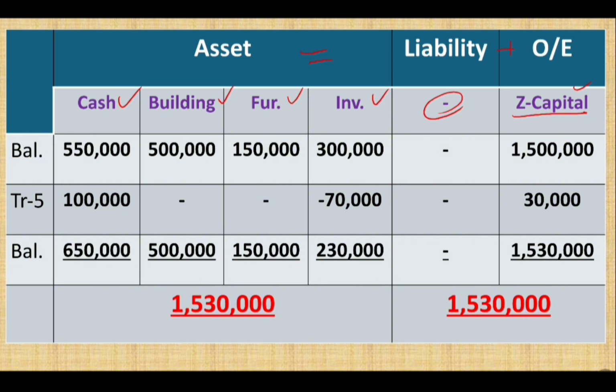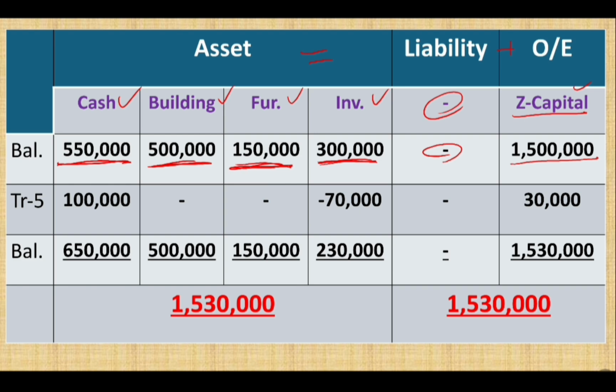The balance of cash after transaction 4 was 550,000, the balance of furniture after transaction 4 was 150,000, and the balance of inventory after transaction 4 was 300,000. There was no liability in transaction 4, and the Z capital, or the owner's capital, remains the same,